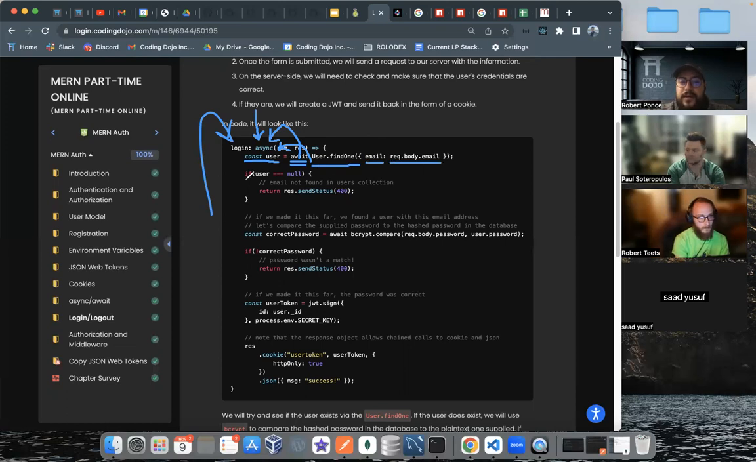Okay. If the user is null, meaning that there was no user found, then you could just return a response. This says send status. It is not send status. It's response.status 400.json because you're sending some JSON back. Okay. Next, you want to double check their password because they're logging in. They're not being registered. Correct password is equal to another promise by bcrypt, await